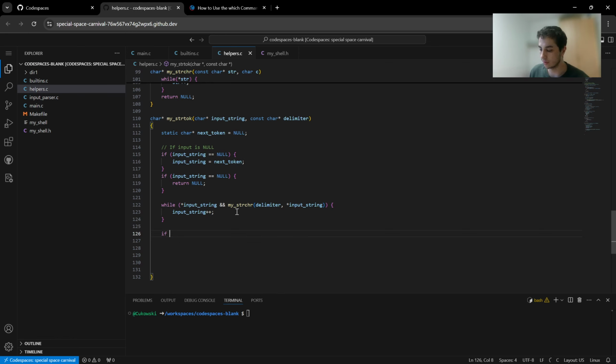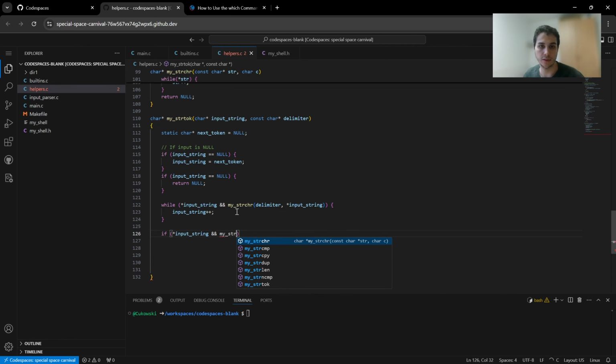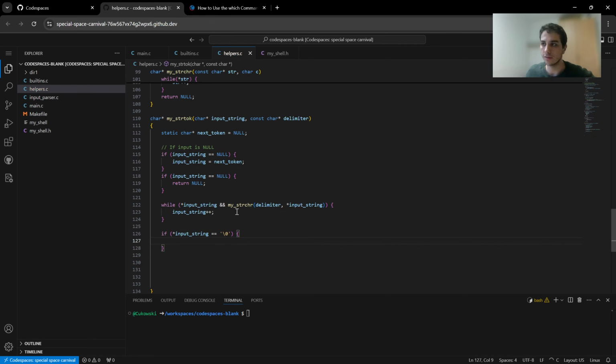So we will check if input string exists and my_str character. Oops, why did I do that? If input string is an end of it, we will have the next token null. Also we will return null, and